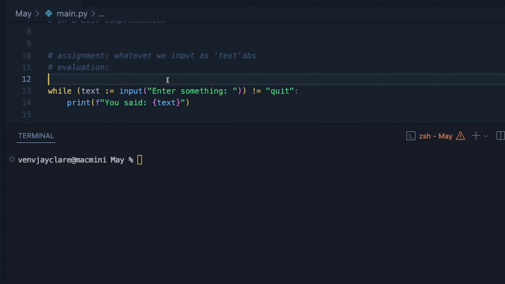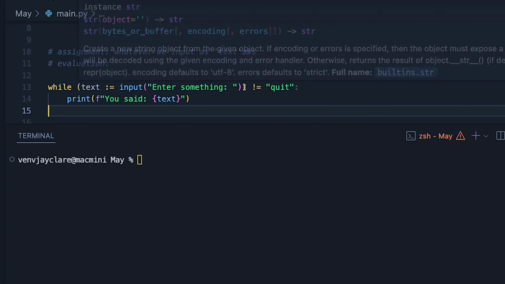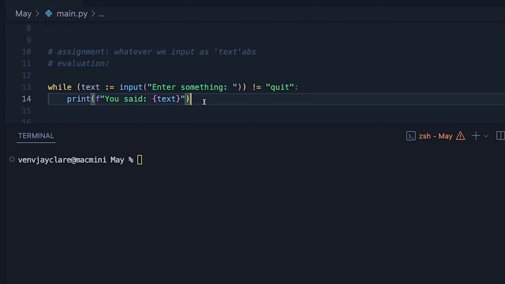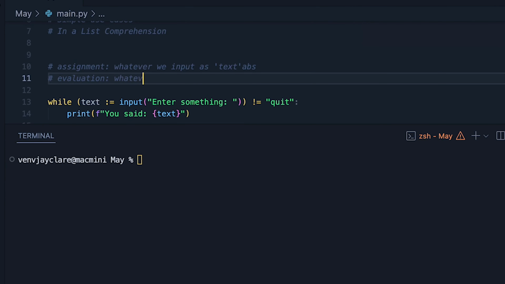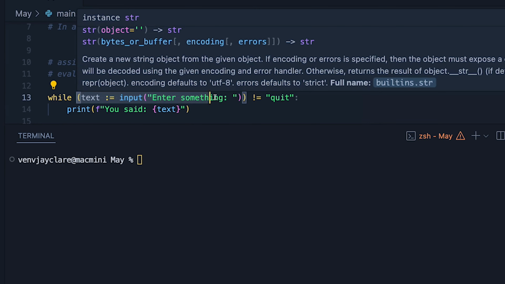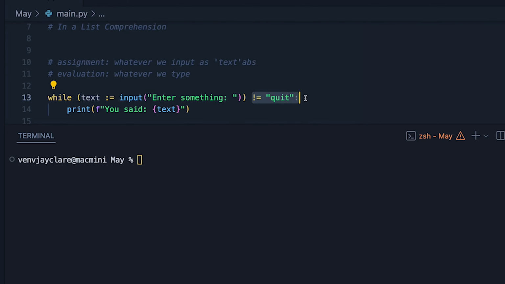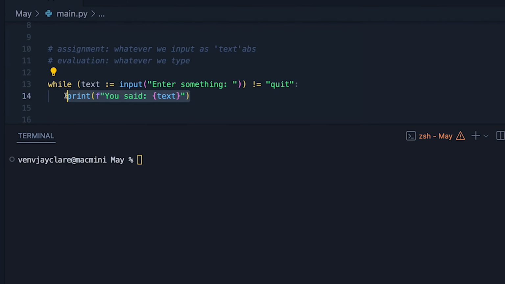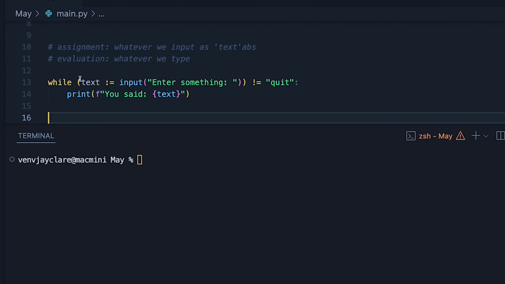Then the evaluation side of things, bear in mind, is this whole statement here. From this statement, it's whatever the thing on the right is, so that's just whatever we type in. Bear in mind that this is inside a while loop. So while whatever this is is not equal to quit, go ahead and do this, basically keep looping around and redefining whatever